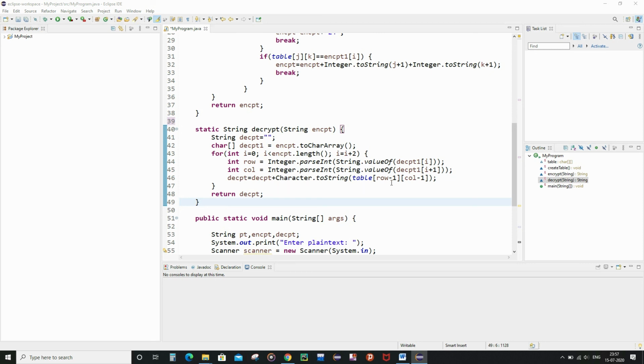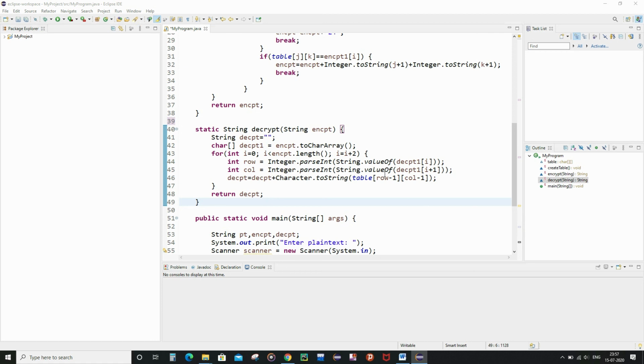And we are going to map the row as well as column value which we got for each of such pairs, and find the character which we get after mapping in the table matrix. And after getting such character, we are going to convert it to string and concatenate it with the DCPT string variable. We are going to do this for each of such pairs of characters which we have inside this single dimensional array, the character array. And after exiting the for loop, we are going to return the DCPT string variable.